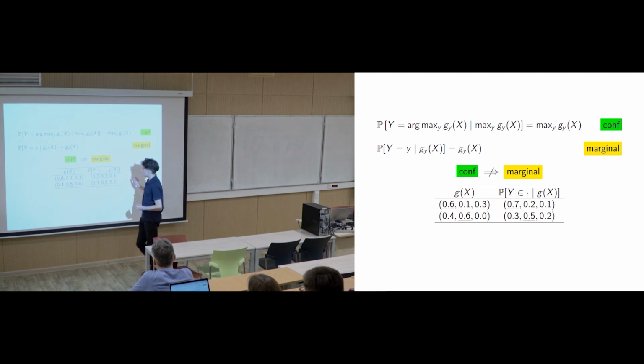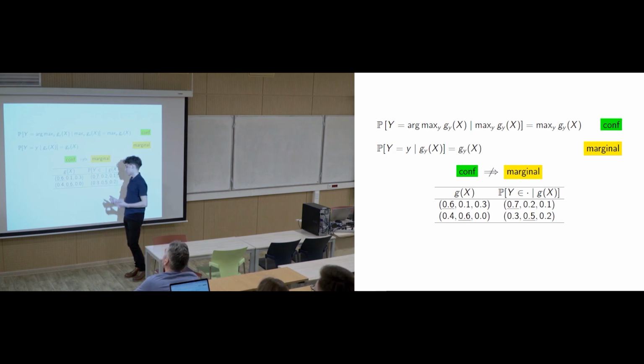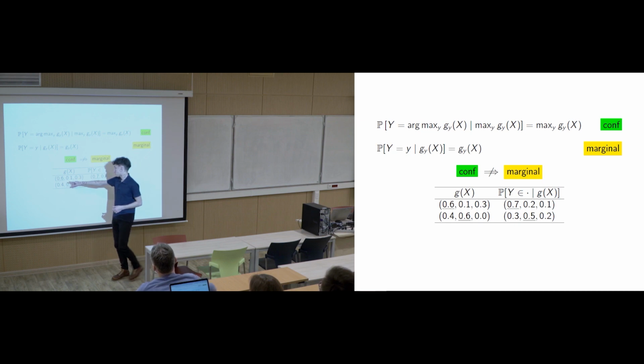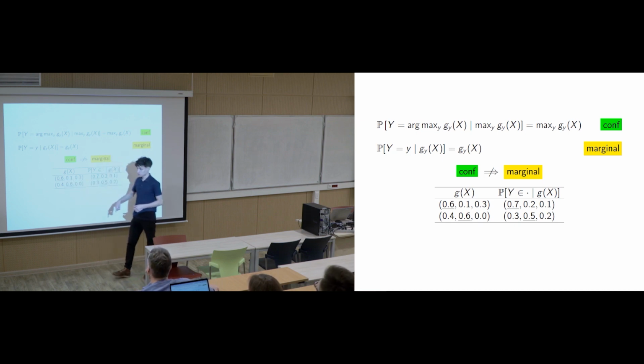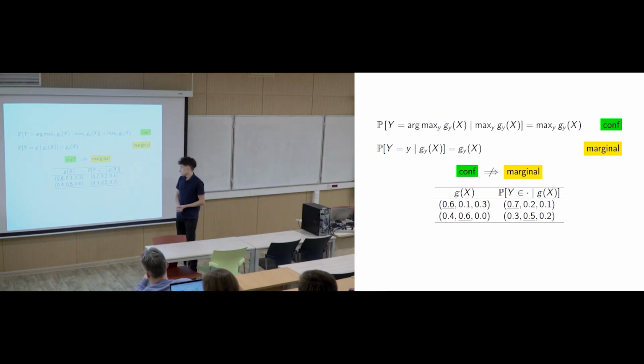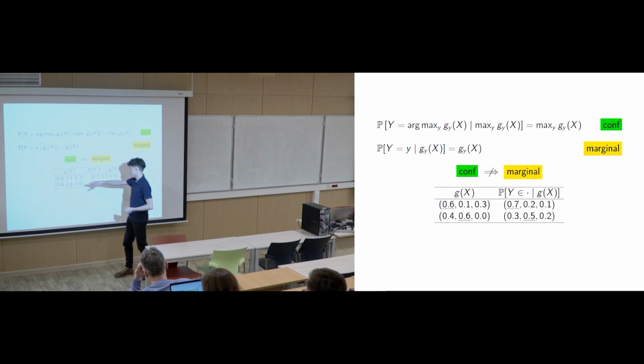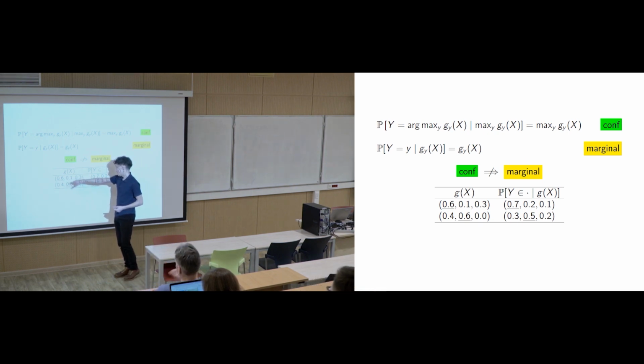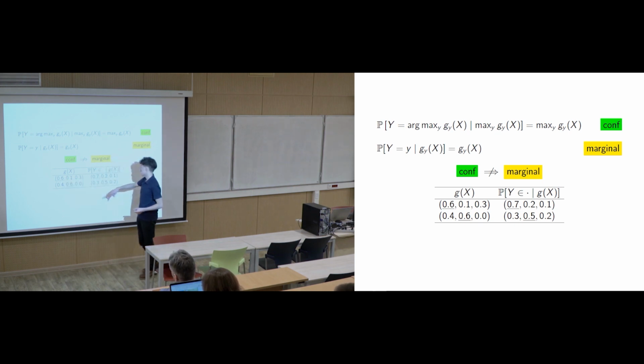which means that on average, when you make a prediction and the maximum of your prediction takes a certain value, then on average the probability of the class that you predicted is equal to that value. So here it's 60%, and here if you average the probabilities of the classes which you predicted, you also get 60%. Okay, but as you can see, for example, we predict this vector of probabilities, and 60% is not equal to 70% in this case. So if we take the first row, this conditioning on g of x is happening